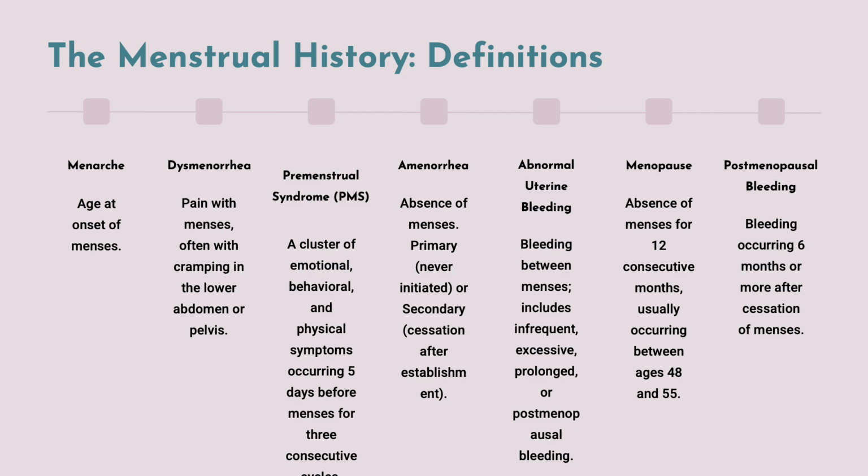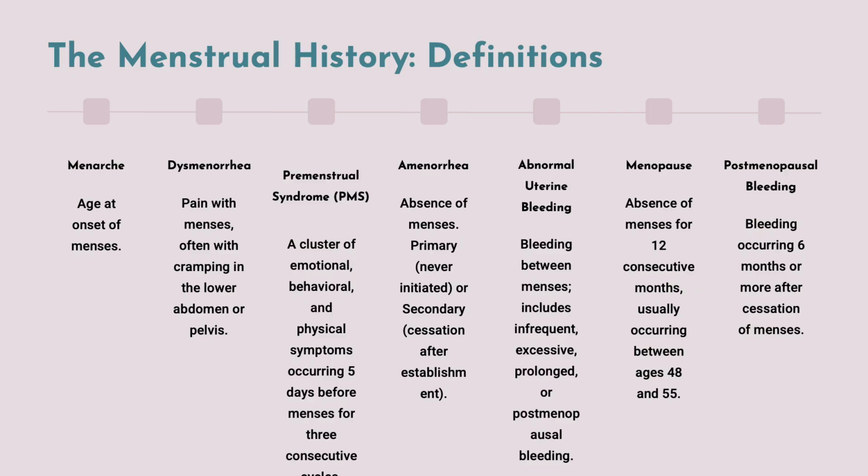Okay? So the abnormality could be excessive, prolonged, or even postmenopausal bleeding, and that warrants further investigation. Okay? But I'm just introducing to you the term AUB right now, but later on during your OB rotation, you're going to learn about the different differentials for abnormal uterine bleeding.